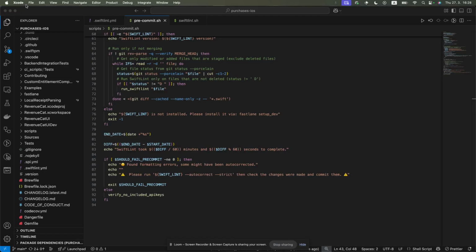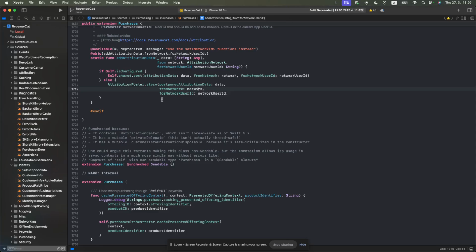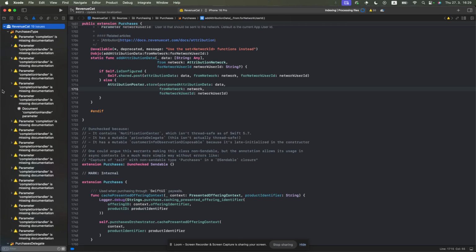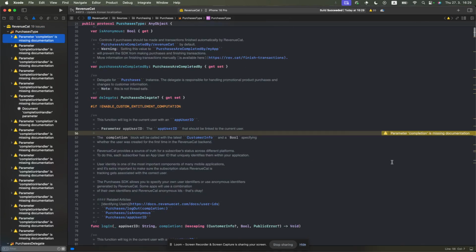Do I have the right thing open? Yeah, interesting. I'm pretty sure I opened the workspace, but when you close Xcode and open it again, it opens just the package or something. Anyway, this is what I wanted to show you. There are these warnings missing